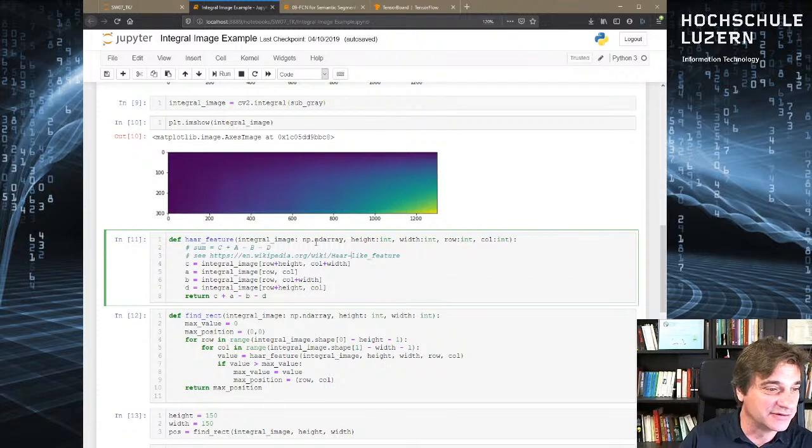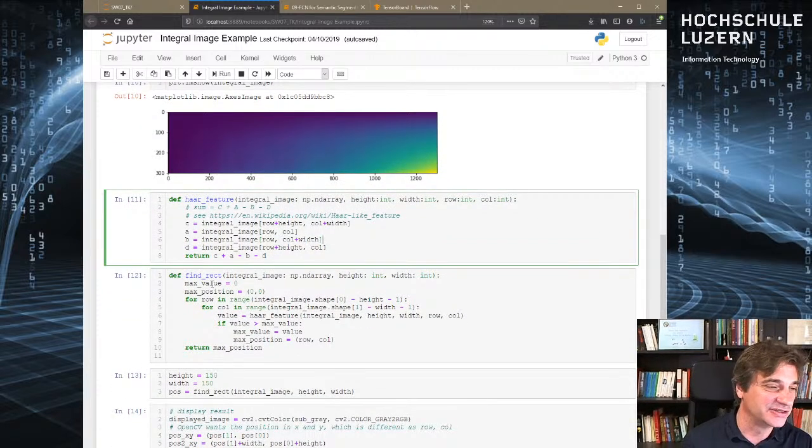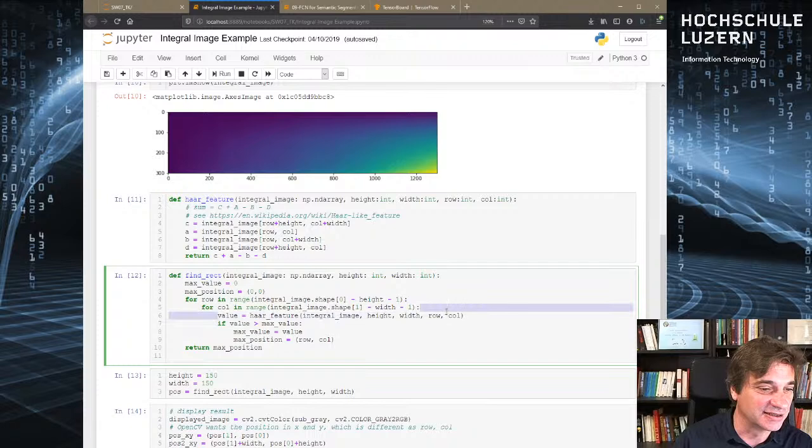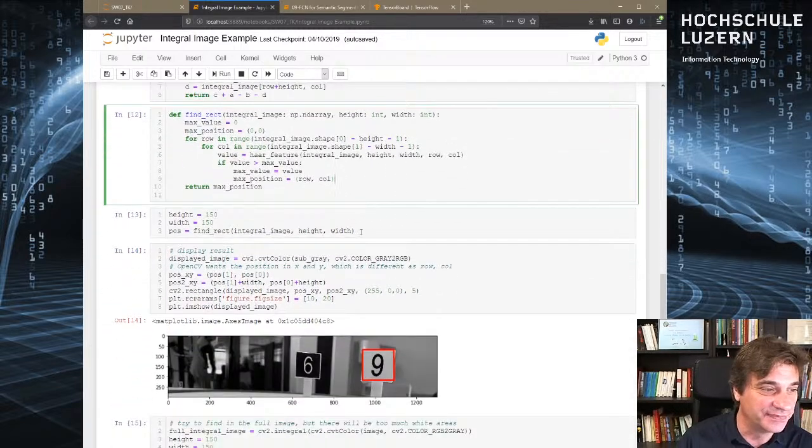So in order to have the sum of all the pixels in that region, I only have to calculate those 4 values and then calculate that expression. And so to find the rectangle which maximizes that feature, I go through all possible rectangles in the image. So that would be a sliding window approach, and I just calculate the value here of the Haar feature, and if it's a maximum, I will keep the position. Okay, now if we do that,